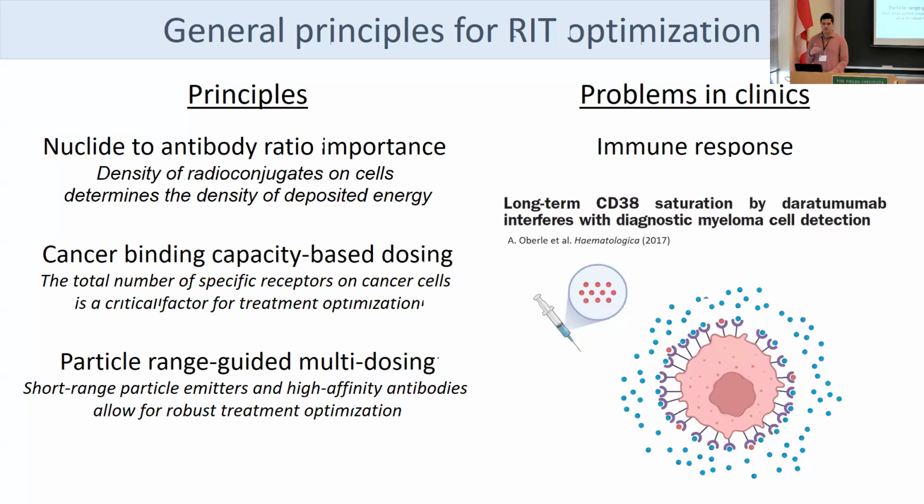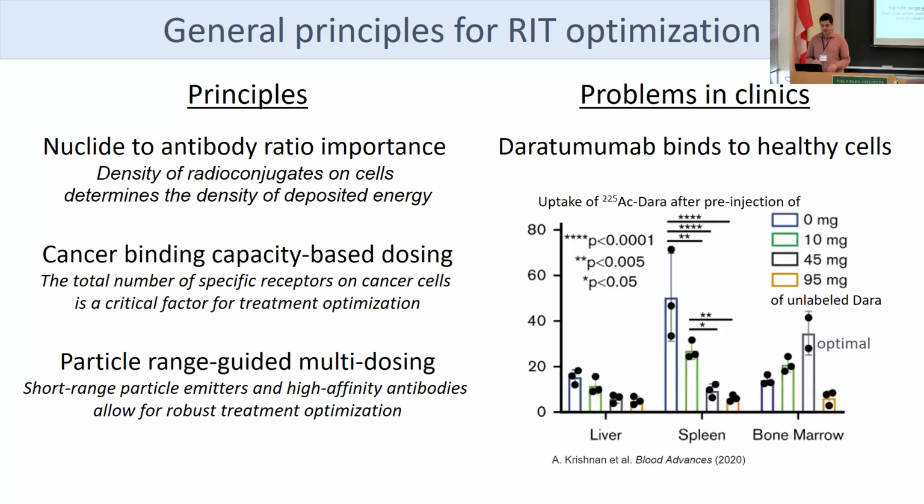since it is cleared from the body very slowly, and it stays there for long, which underscores the necessity of tailoring the first dose to cancer binding capacity for efficient prolonged radioimmunotherapy. If you don't do this, then it really does not matter much how you inject the following doses. In this task, I proposed a highly idealized technique for measuring cancer binding capacity. In reality, an important problem is that